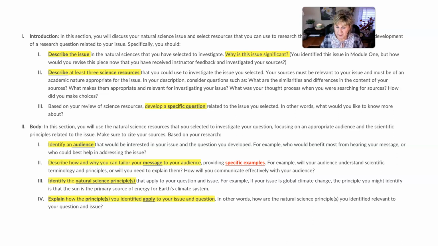That's a natural principle. If you have any questions about these, please email me because I can give you hints. I can give you lots of ideas. If you get stumped, ask me. I'm here for you, okay? Explain the principles and how they apply to your issue or question. That's going to be easier as soon as you figure those principles out. Okay? And then,